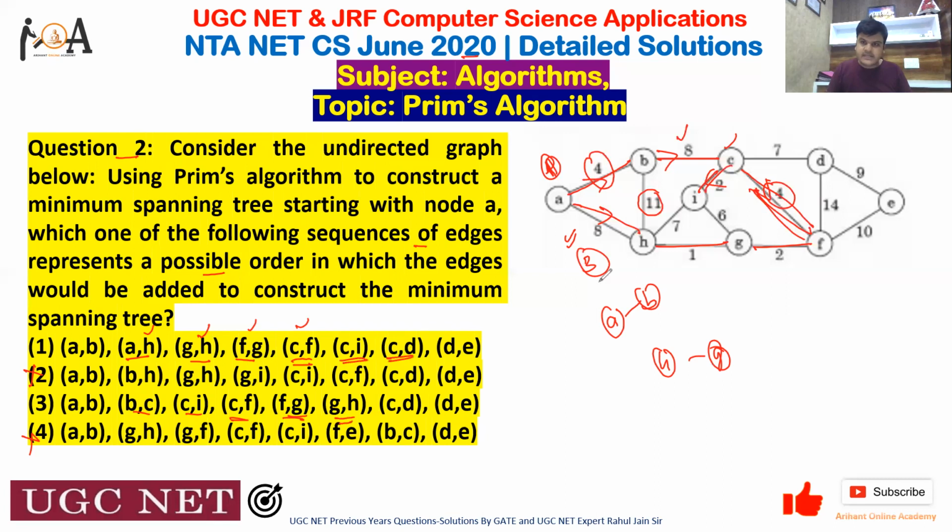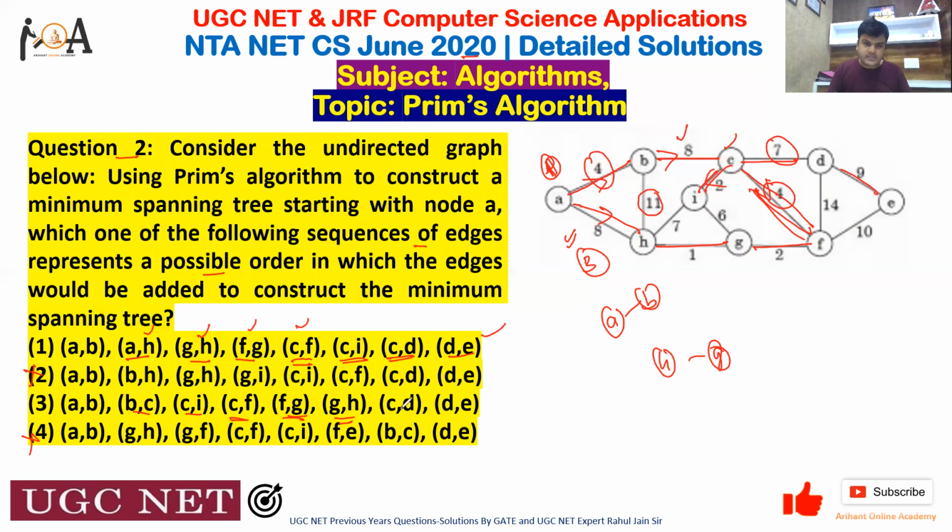Thereafter, in path 1, CD, that is this path. After this I, this edge is 7, so they could also take it, but if you take this, it will make a cycle, so it is not possible. And if you take this path from this I, then again it would be a cycle. So they are choosing this path, that is C to D. And thereafter D to E, because only 14 and 9 are there, so it is correct.